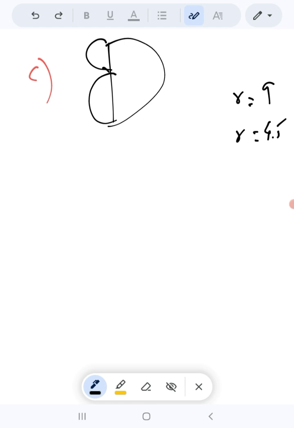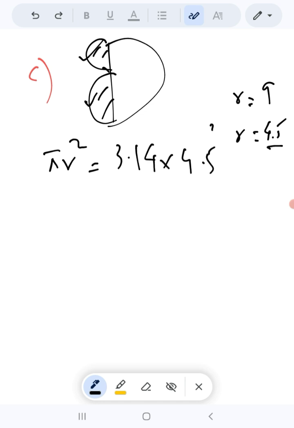Now as I need to find the area, these two semicircles which have the radius of 4.5, I can consider as one circle, so I will write pi r square equals 3.14 multiplied by 4.5 square. Now 3.14 multiplied by 4.5 square, my answer is